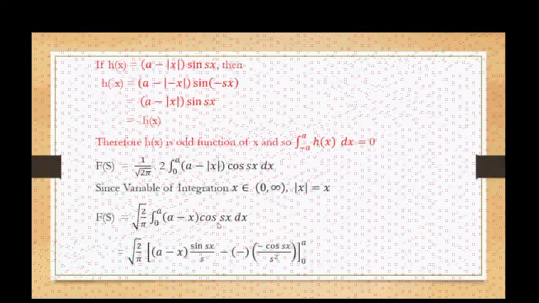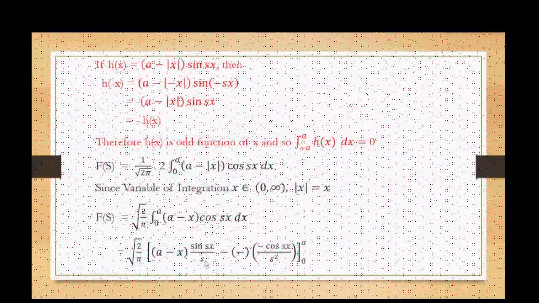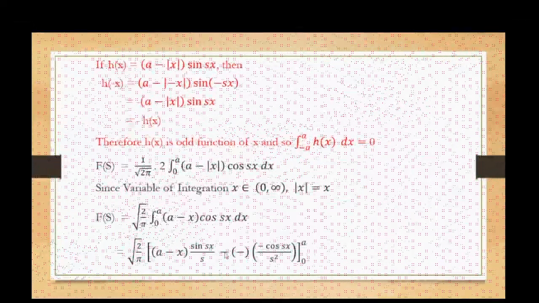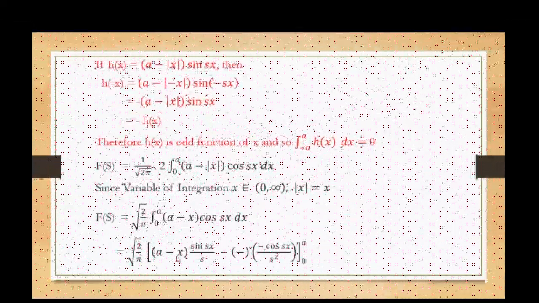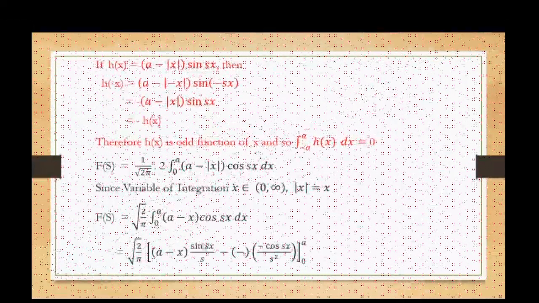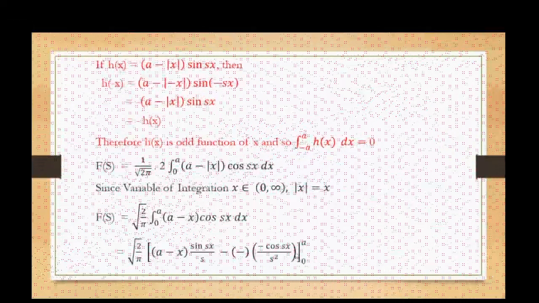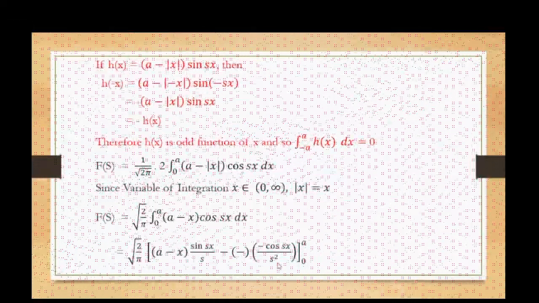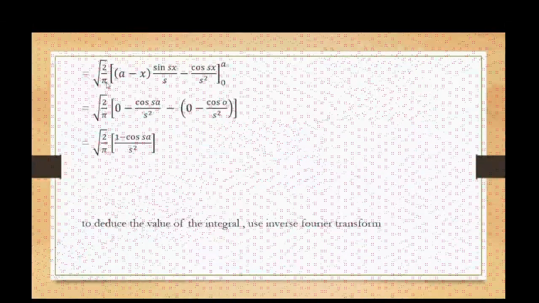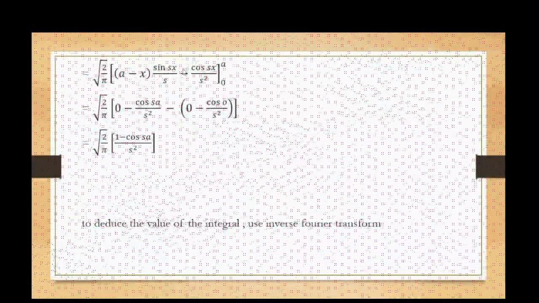It is sin sx divided by x coefficient s. Your second term will be a negative term, so minus of differentiation of minus x is minus 1. So minus of integral of sin is minus cos, so minus cos sx divided by x coefficient s. Already one s is there in the first term, so s square, limit from 0 to 1. So square root of 2 by pi [(a minus x) sin sx divided by s minus of cos sx divided